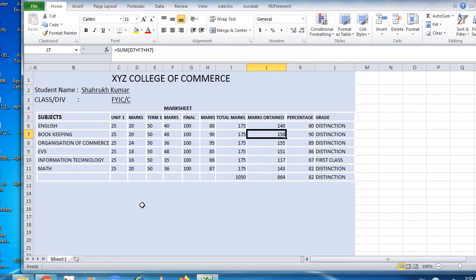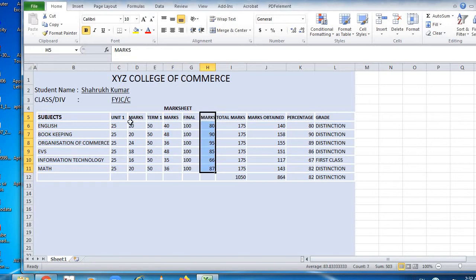Now how is this happening automatically? The mark sheet has been created by putting a simple formula. First I have to enter the marks of all the students in this column and this column.